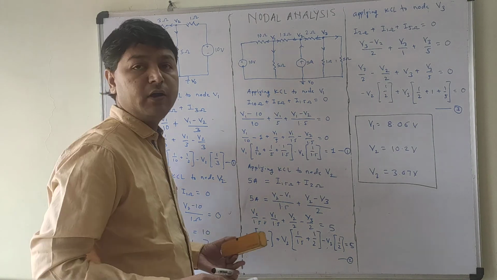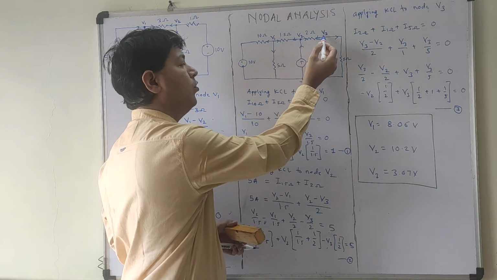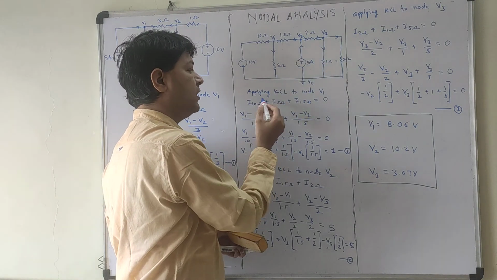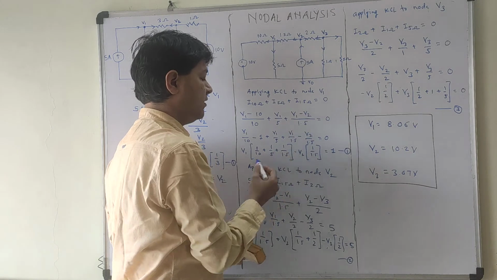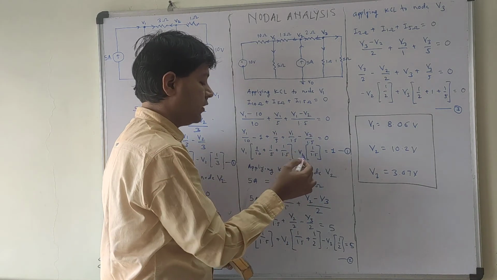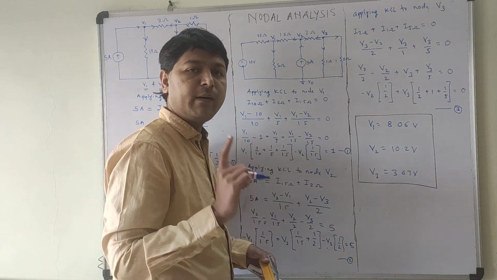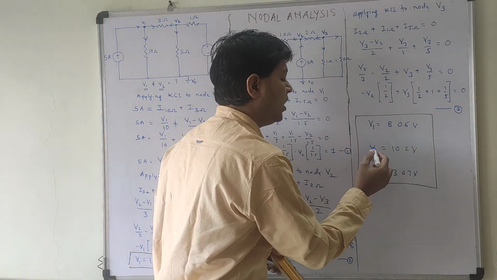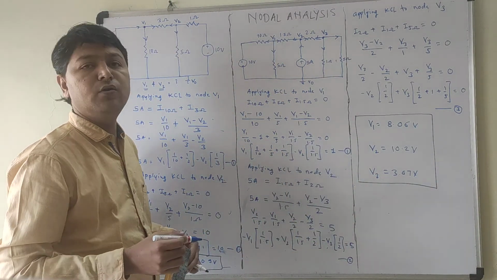Okay, what we have done is we have applied node analysis. Identify the nodes. To those nodes, apply Kirchhoff's current law. Whatever circuit equation comes, simplify that equation in terms of V1, V2 and V3. Get those equations 1, 2 and 3. Solve those equations using Cramer's law, and finally find out the values of V1, V2 and V3. Okay, so this is what node analysis is.